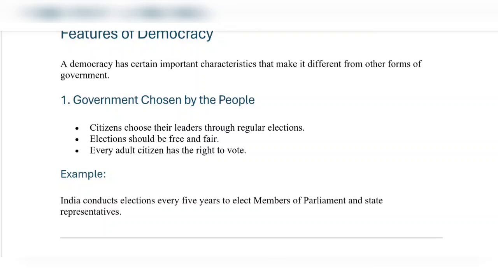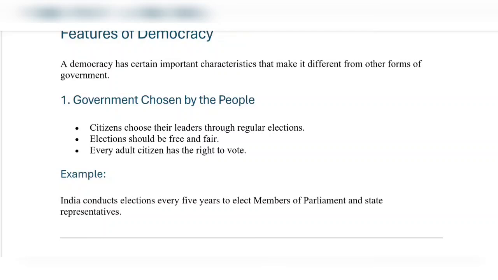So, elections should be free and fair. Since election is the process through which we have to choose our representatives, it should be free and fair. Many countries which claim that they are democratic don't have free and fair elections, which allow many parties to participate and give people the freedom to choose from those parties. It does not exist over there. But in India, we have so many political parties. Amongst them, we have to select one, and it's completely the people's decision what they want to choose.